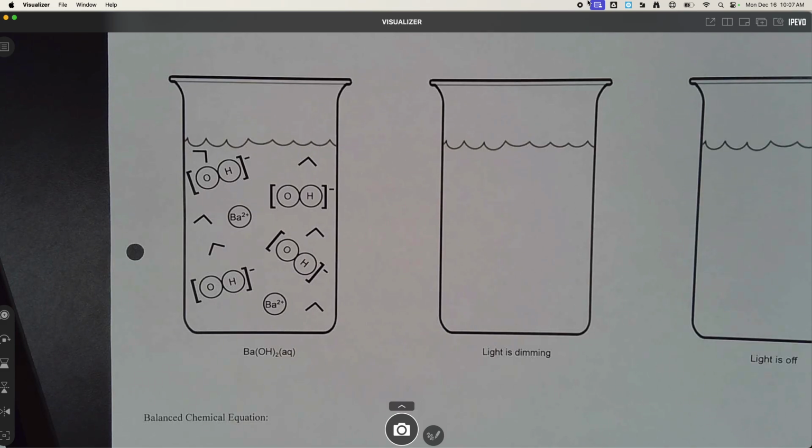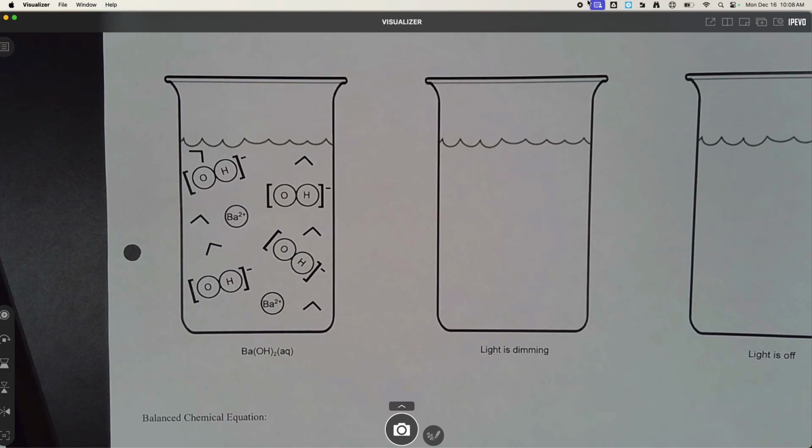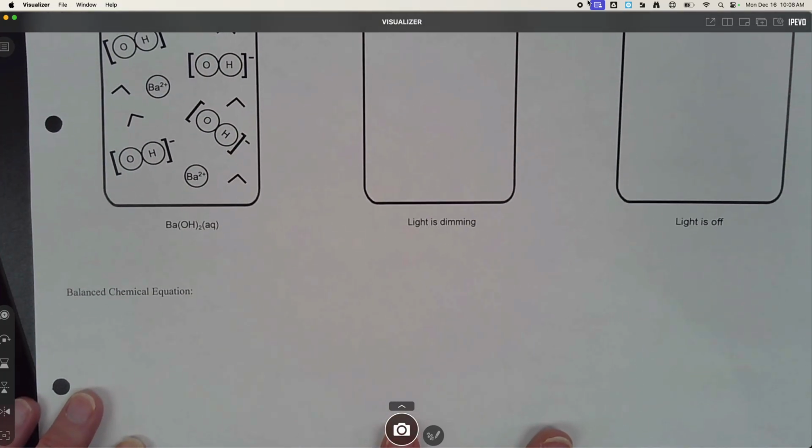Demonstration. And one of the most important things to notice in this demonstration is that we very definitely saw evidence of a chemical reaction. We started with two clear colorless solutions. When we got done, we ended up with a cloudy solution. So if we're going to build a story to explain what happened here, we're definitely going to need a balanced